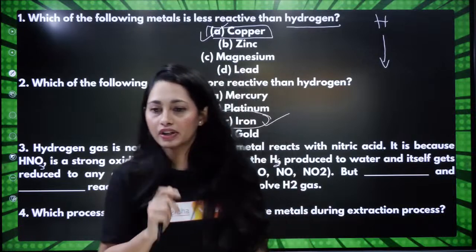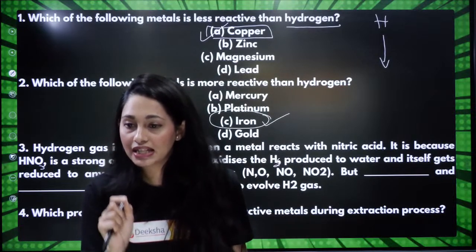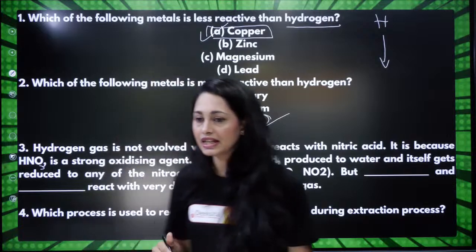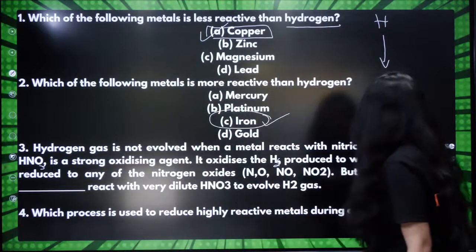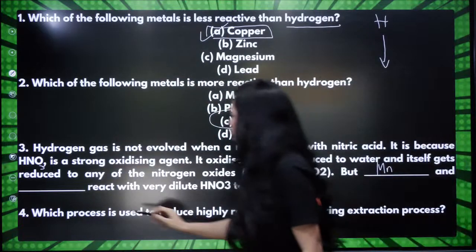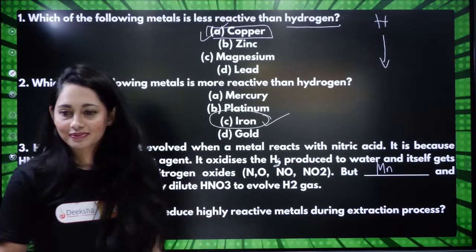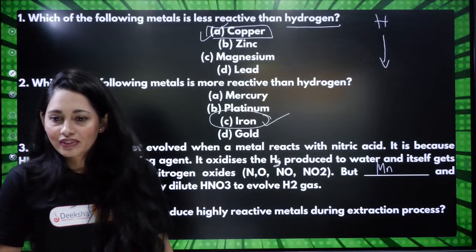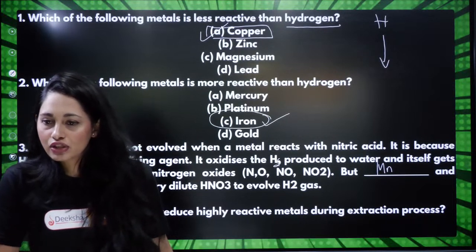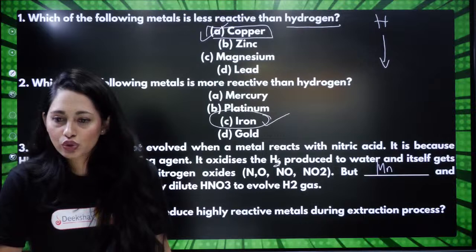Which are those? Rashmi already gave the answer. It is manganese and magnesium. Mn and Mg. Okay. Acid base indicators are dyes or mixtures of dyes which are used to indicate the presence